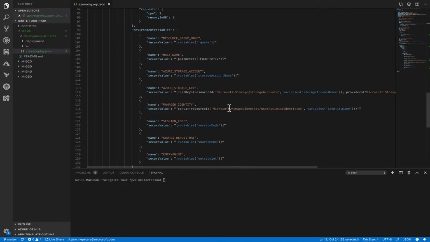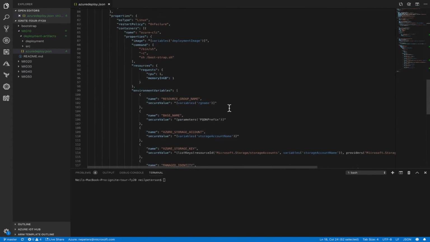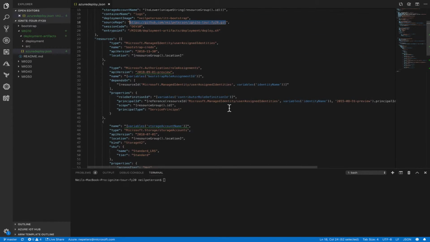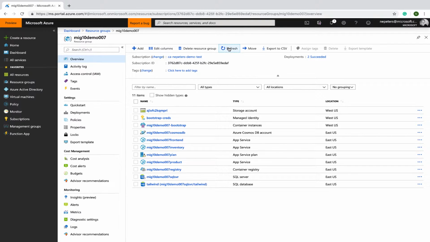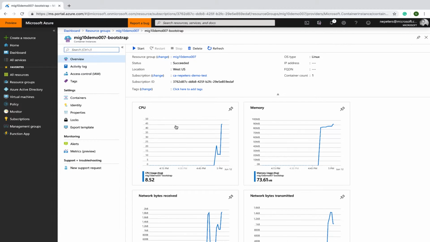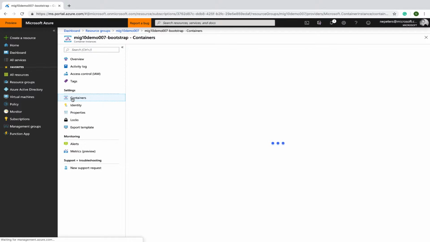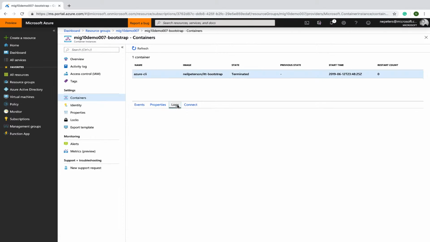So for the case of the deployment that I just ran, notice that we have nothing in here about app services or configuration. However, if we flip back over to the deployment, we have all these resources created. So these resources have been created from a script that runs inside of that container instance. Furthermore, what's pretty cool is we can drill in on the container instance and see the output of that arbitrary code that was run. So I can click on containers, logs,